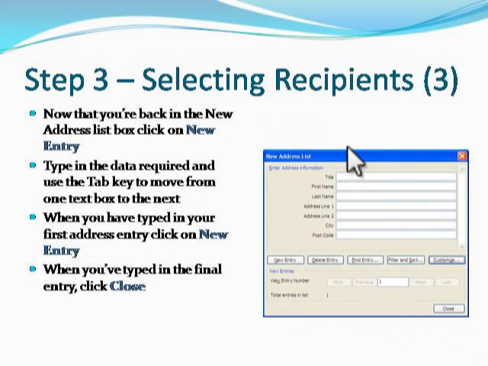Now that you are back in the address list box, click on New Entry. Type in the required details and use the Tab key to move from one box to the next. When you have typed in your first address entry, click on New Entry. When you have typed the final entry, click Close.